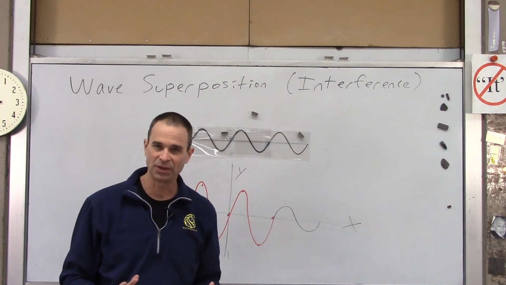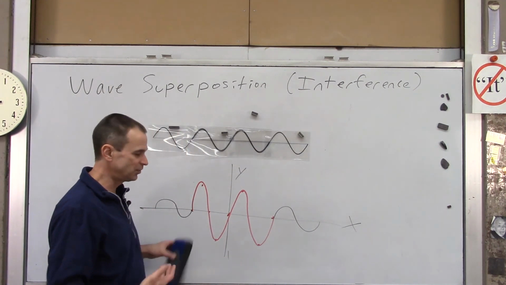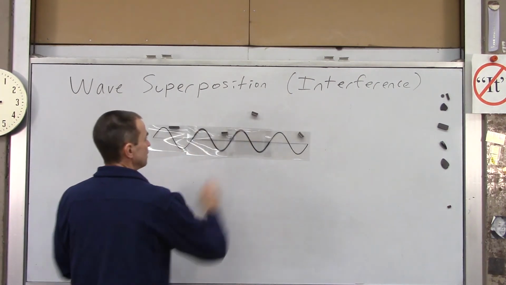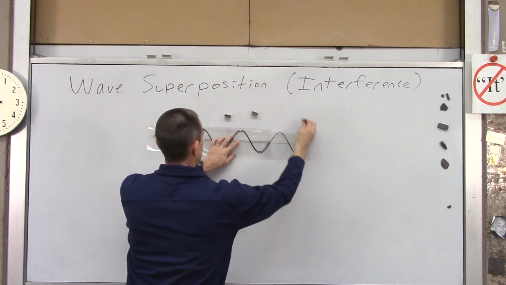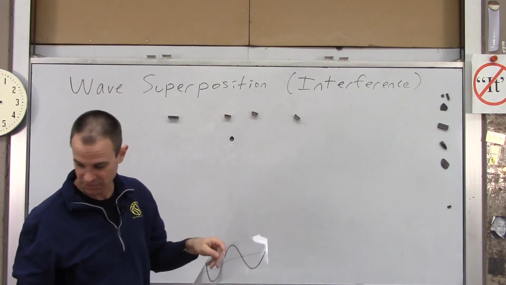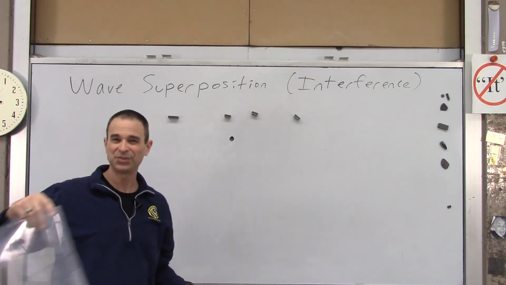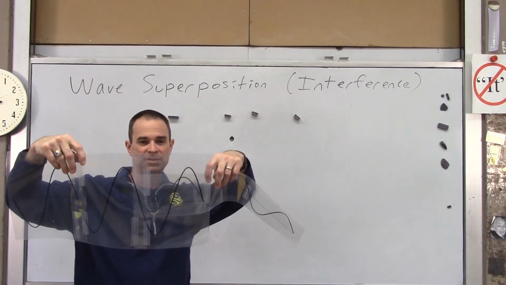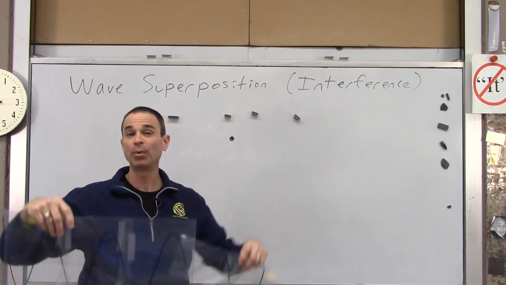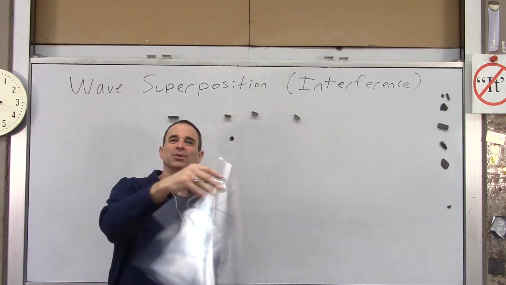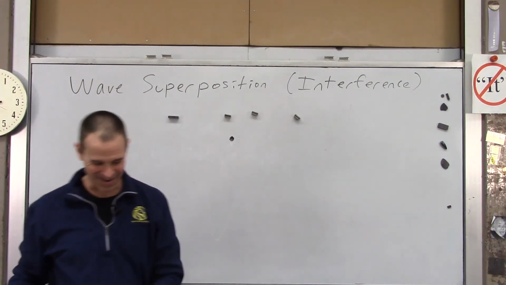What if we change one of those things? All right, so what we're going to do is we're going to replace one of these with this guy, all right? This guy has the same wavelength, okay, but he is double the amplitude. Hey, check it out. I'm waving at you. There you go, I'm waving at you. All right, so anyway,